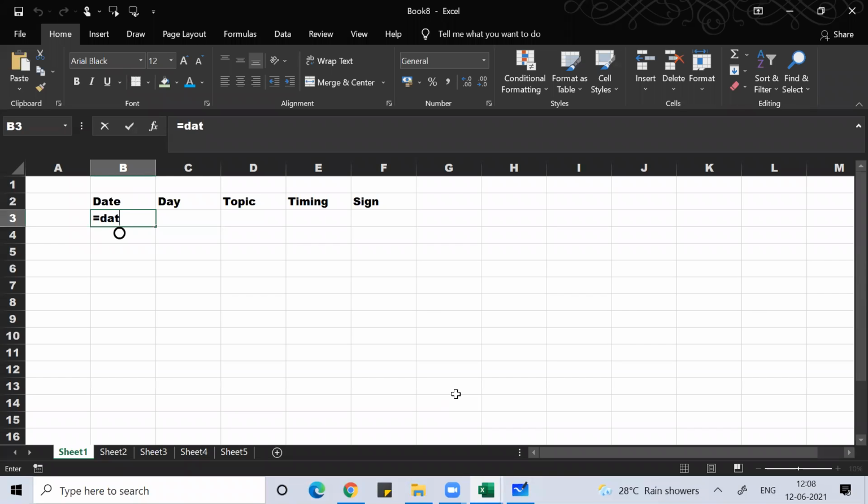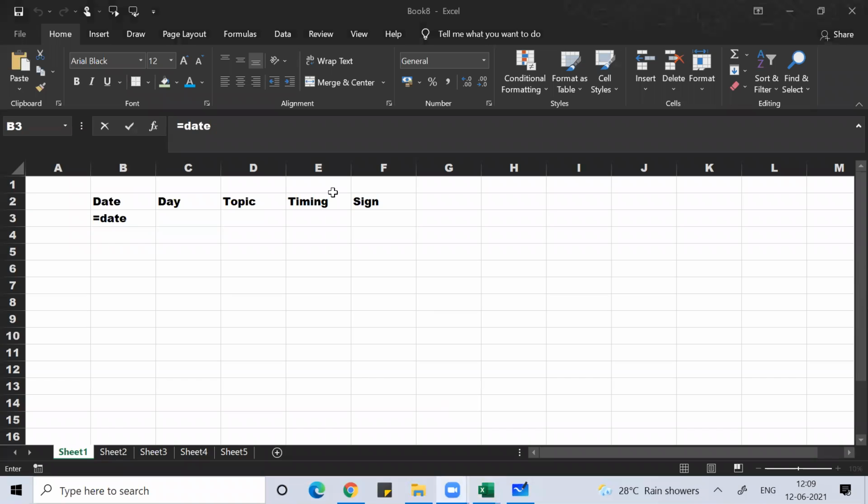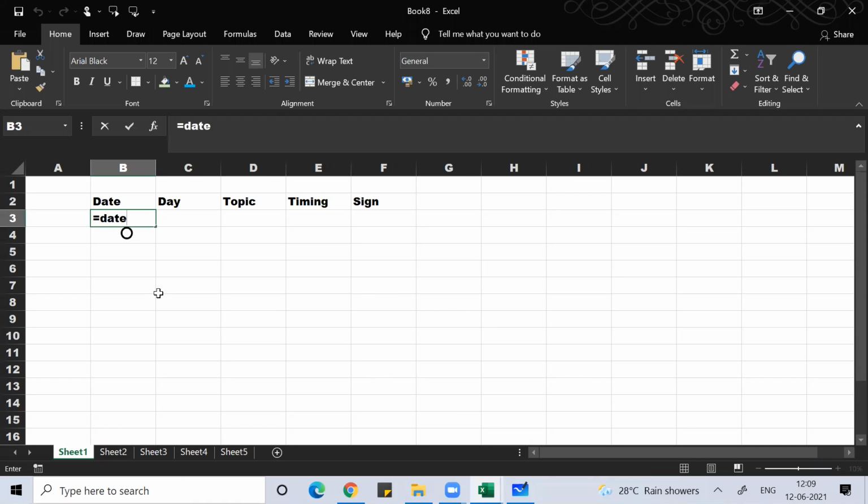So to write a date, I'll use a function called =DATE. When I use this function, I'll open bracket, year 2020. Suppose last year I did, maybe 15 September I did. So the month for that was 9, September. The date was 15 September. I did the training on that date, guys.